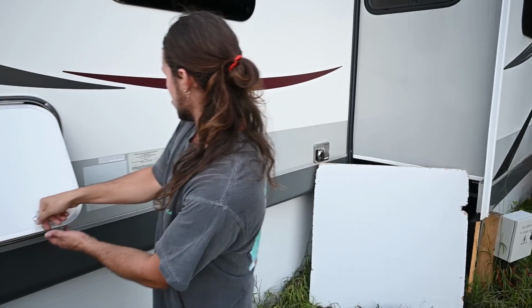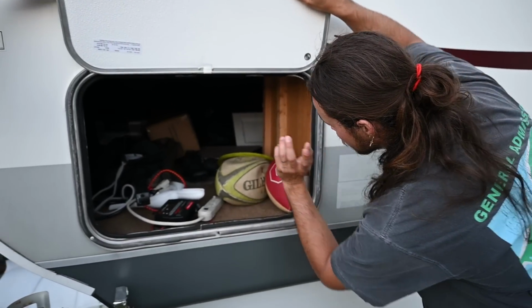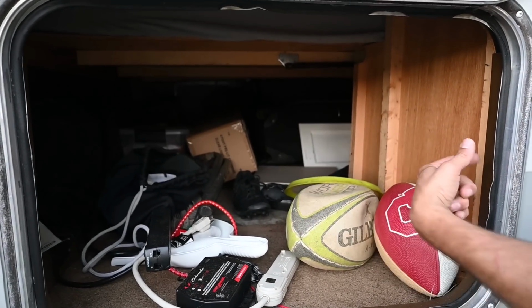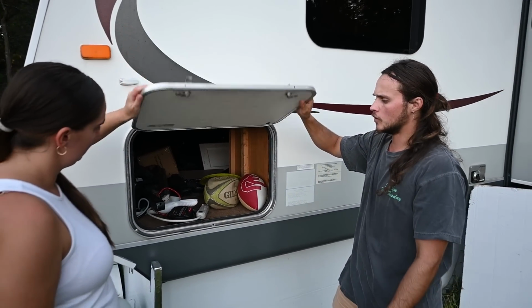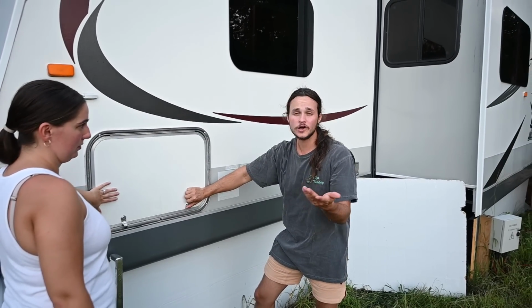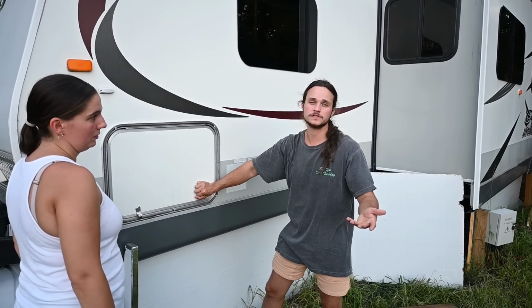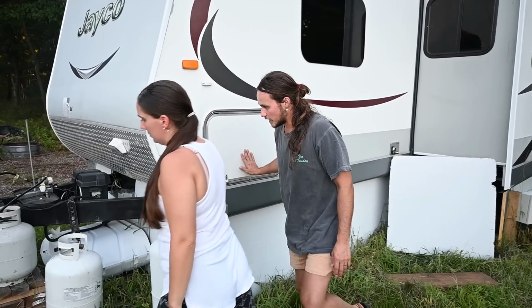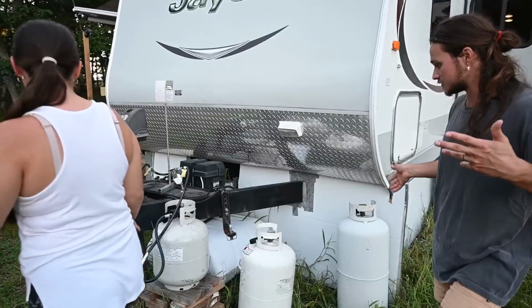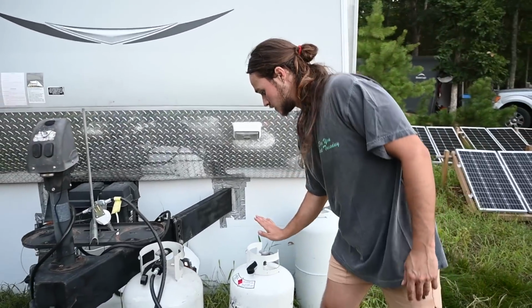So going right over here, this is the garage pass-through that goes all the way out and underneath the master bedroom, the master bed itself. So we put all our big things like our luggage, suitcases, I got crash pads for climbing, all our big storage goes under there. Wrapping around to the front, got a couple different size tanks here, but really just it's fitted